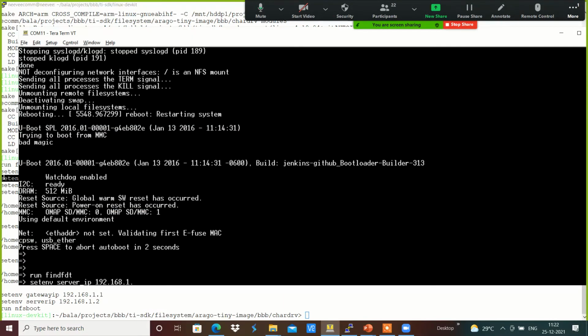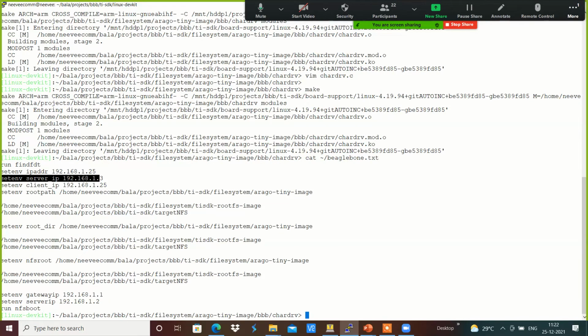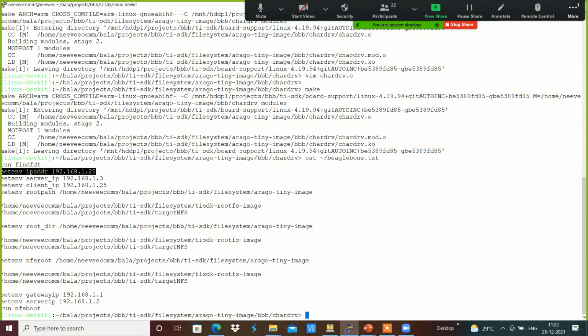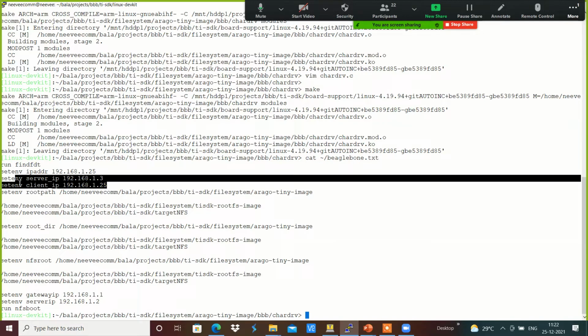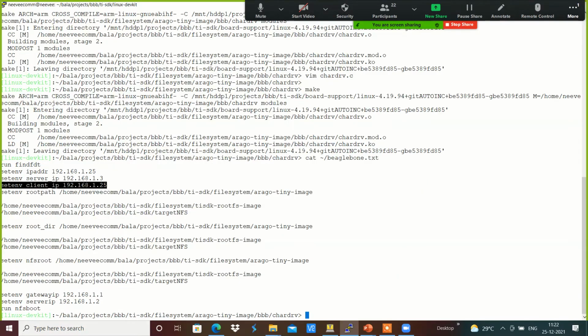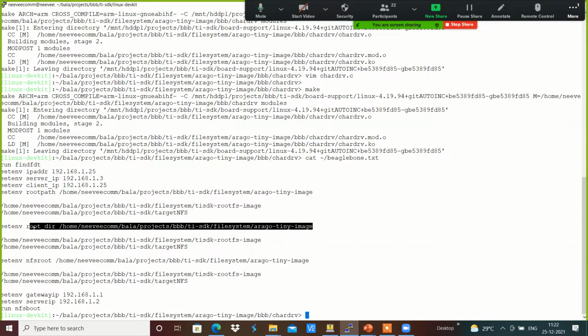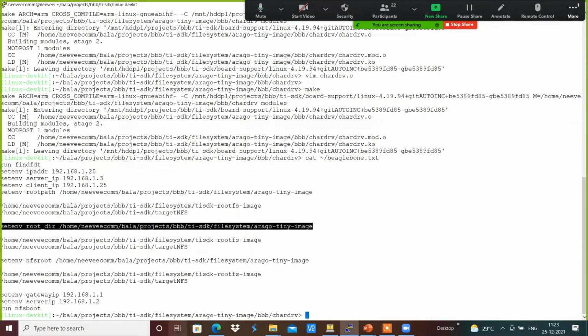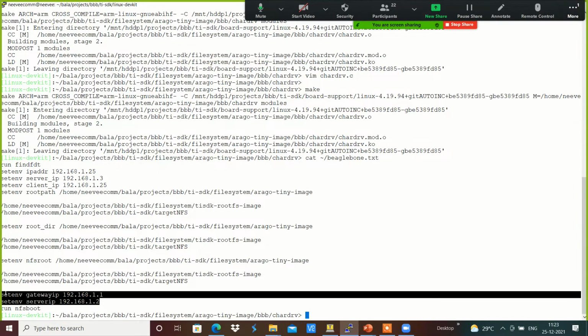Currently it has changed to 1.2, and I am setting my IP address as 1.25 and my client IP also 1.25, and my root directory is the minimal Arago image file system, and then I have the server IP and gateway IP over here.